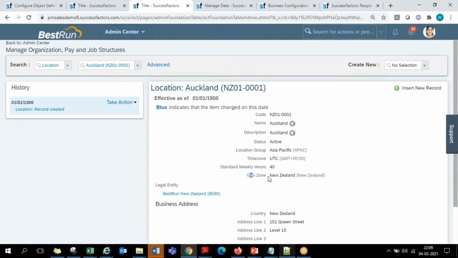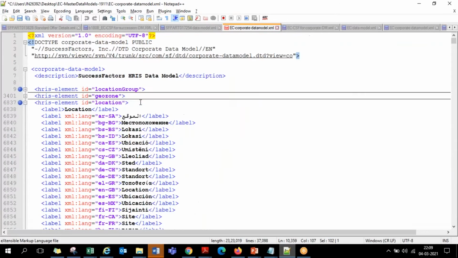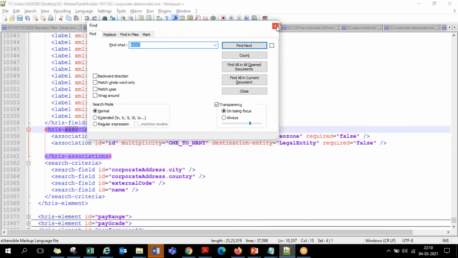Geographical zone is also a foundation object. That means both are foundation objects from the corporate data model. If you go to this coding at the corporate data model level, geographical zone is an object here itself, and location is also an object here itself. Here we are connecting non-MDF to non-MDF. Both are non-MDF objects from the corporate data model. None of them is MDF. So here you are connecting the location with one more association object, the geographical zone,